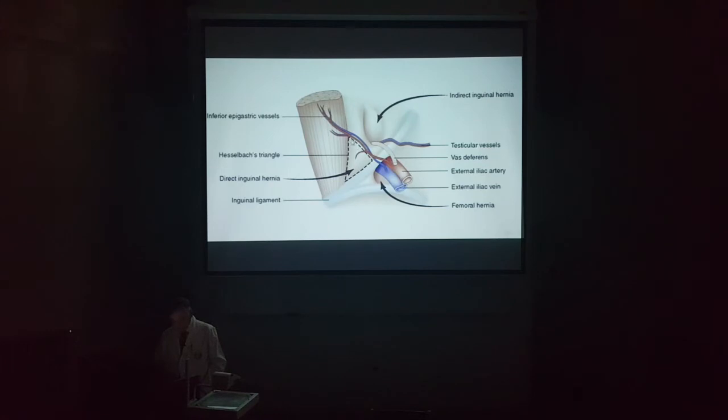Where are we? This is the rectus abdominis muscle, and this is the inguinal ligament. These are the femoral arteries and veins, and this swelling is an indirect inguinal hernia coming down, and this triangle here is the Hesselbach triangle, where the direct inguinal hernia comes out. The triangle is made by